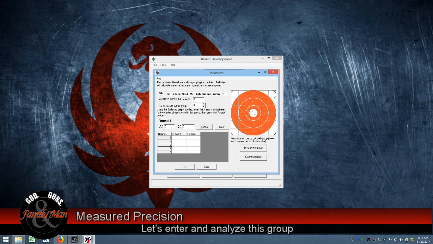So we're going to put a little title in here to remind us of what we were doing that day. So this was, as I said, 100-yard group from the bench. Hit tab, and this was the .308 caliber. We had 5 rounds that we fired in this one, and the next step is where we jump down